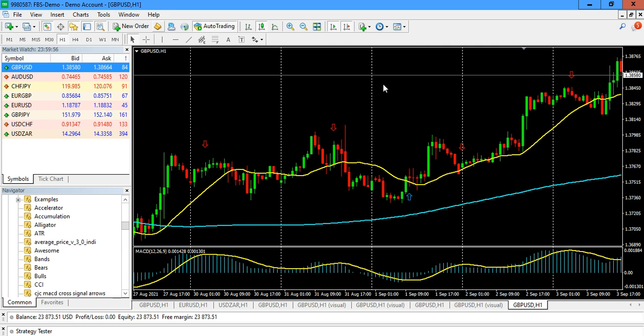Show you how to get rid of unwanted arrows by using a filter. You can see there this red arrow here and that one didn't really lead to good trades, yet this blue one was a very good trade. So we want to get rid of those 4 red arrows, and we can do that with a higher moving